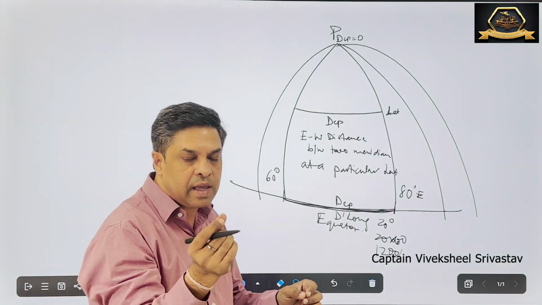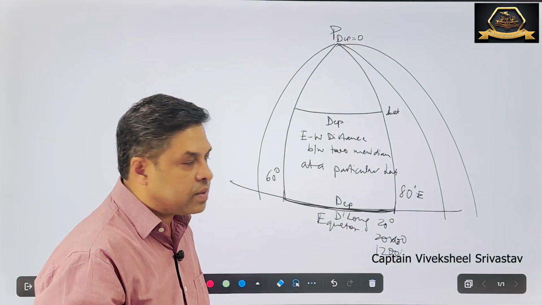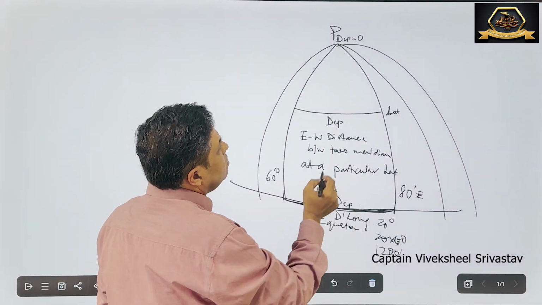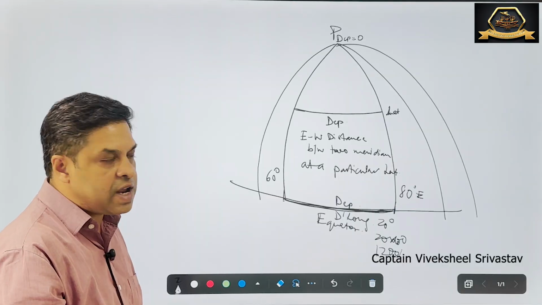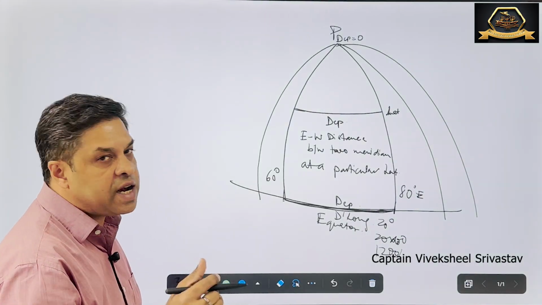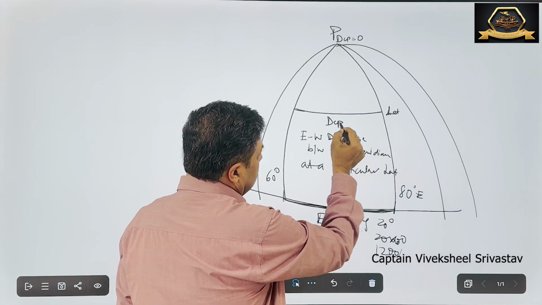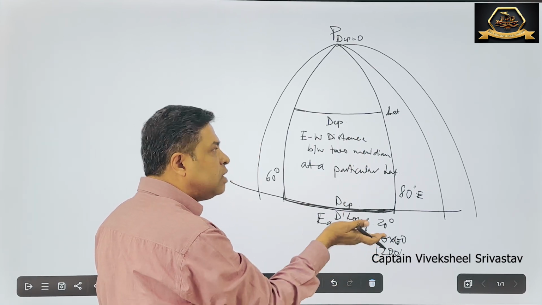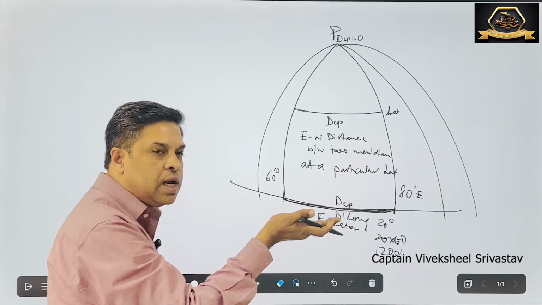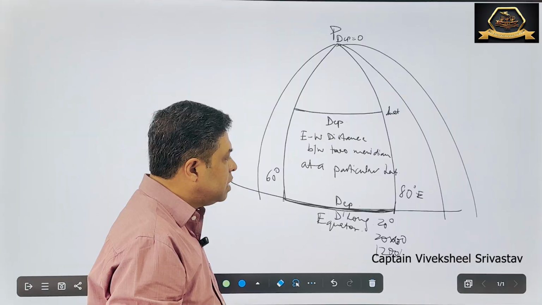So there is no gap between the meridians, there is no distance. So the departure is 0. Now this is very important in your terrestrial navigation going further. So, understanding departure, you can see that departure is actually dependent on the latitude. At what latitude you are, the departure varies and it is directly dependent on the latitude.